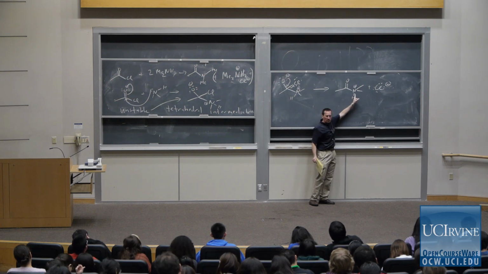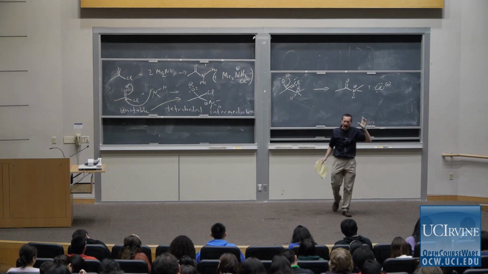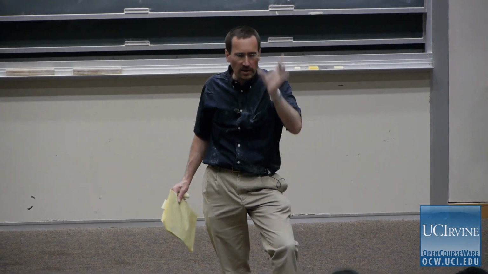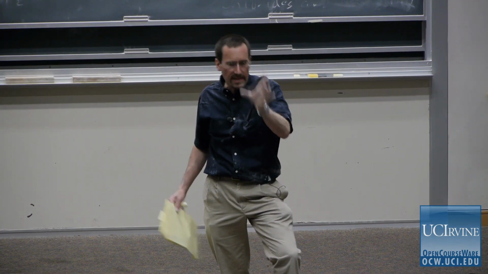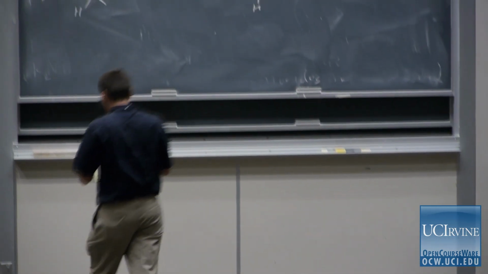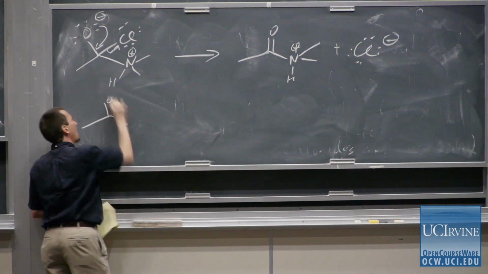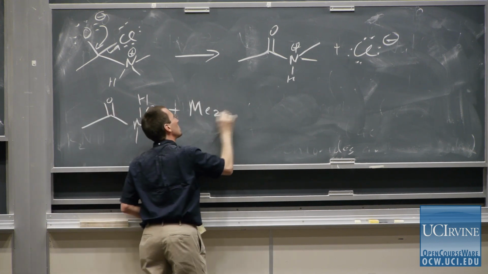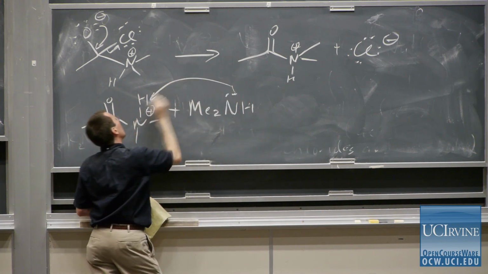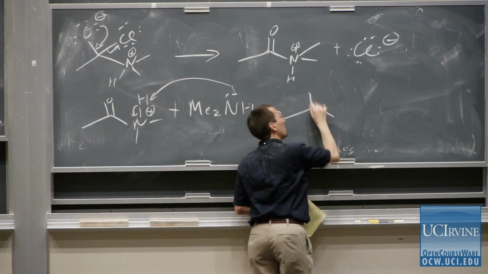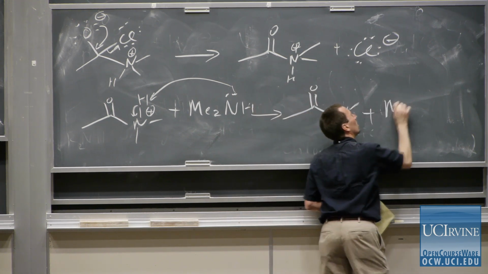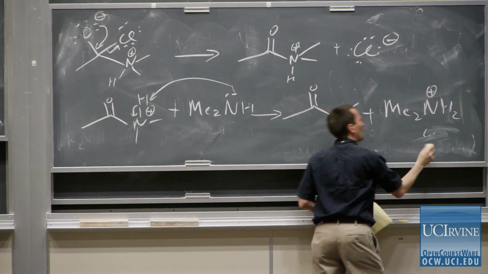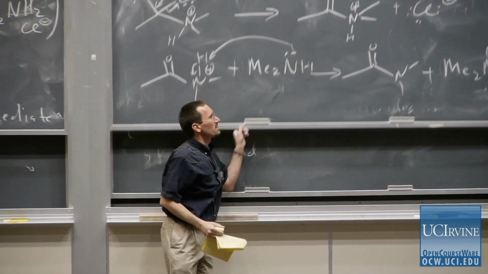But remember, this nitrogen here in an amide is not an amine nitrogen. It is not a basic nitrogen. It is not an sp3 nitrogen. It doesn't want to have a proton on it. It is very acidic, and it's going to give up that proton to anything that's basic. And we have dimethylamine present. And so our dimethylamine is the strongest base in the house. And dimethylamine is going to pull off that proton to give you your dimethylacetamide plus dimethylammonium chloride. Well, I guess I've already written my chloride, so I'll just balance my equation and say plus the dimethylammonium